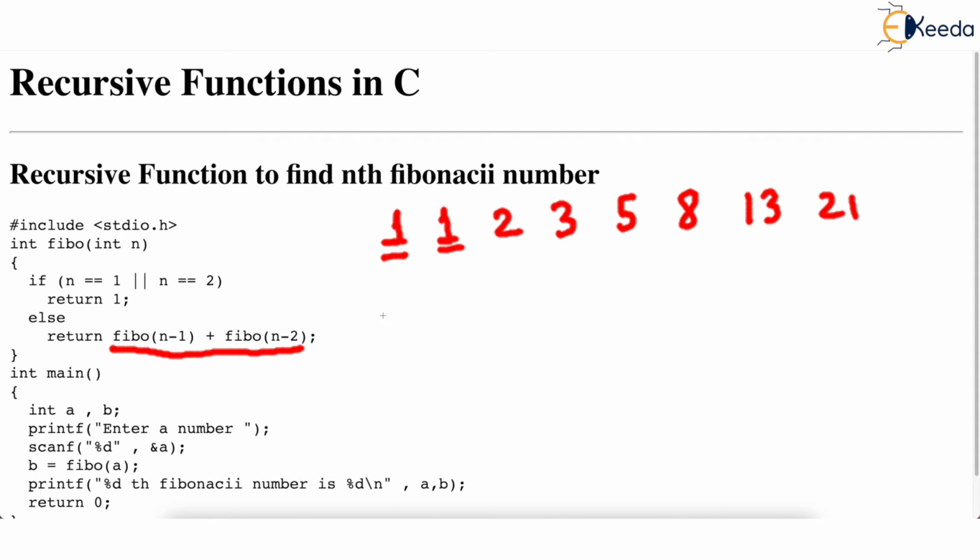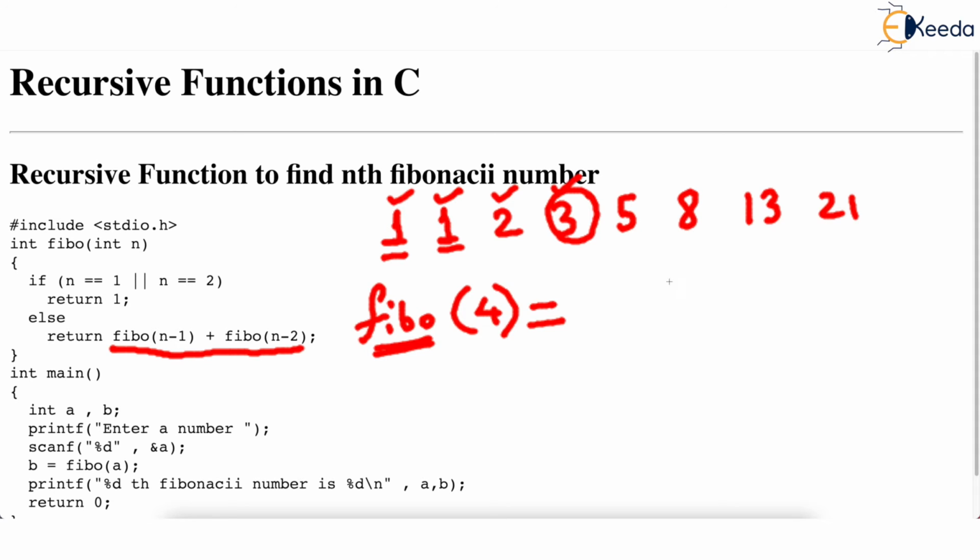Okay. Now imagine that somebody asks you, what is 4th Fibonacci number? So let's put up this question as Fibo 4 in the terms of function. So what is 4th Fibonacci number? Now actually you can observe that the 4th Fibonacci number in the series is 3. Okay. But we want to talk recursively, isn't it? So if you just answer 4th Fibonacci number is 3, then you are not talking about recursion.